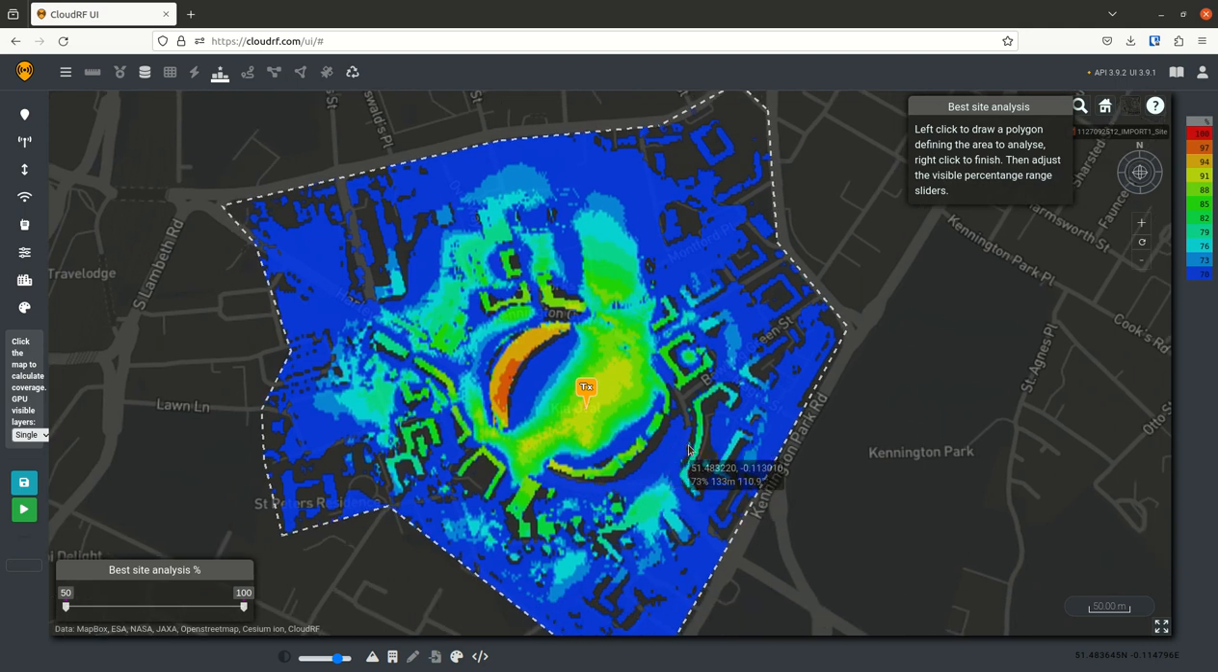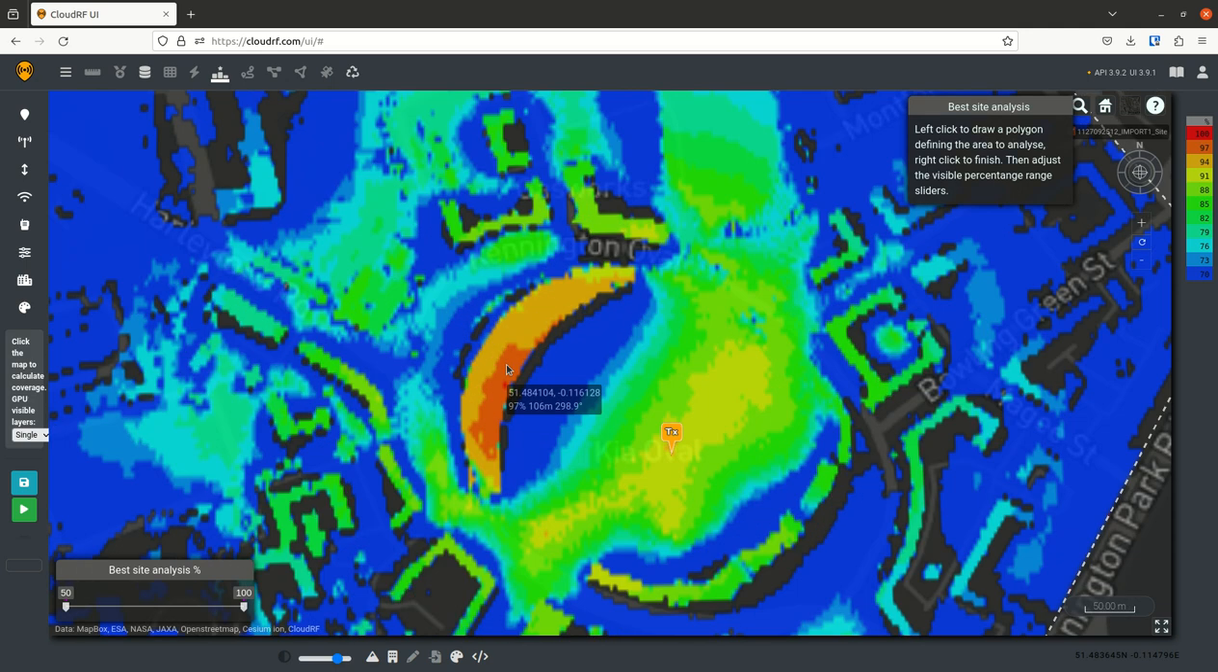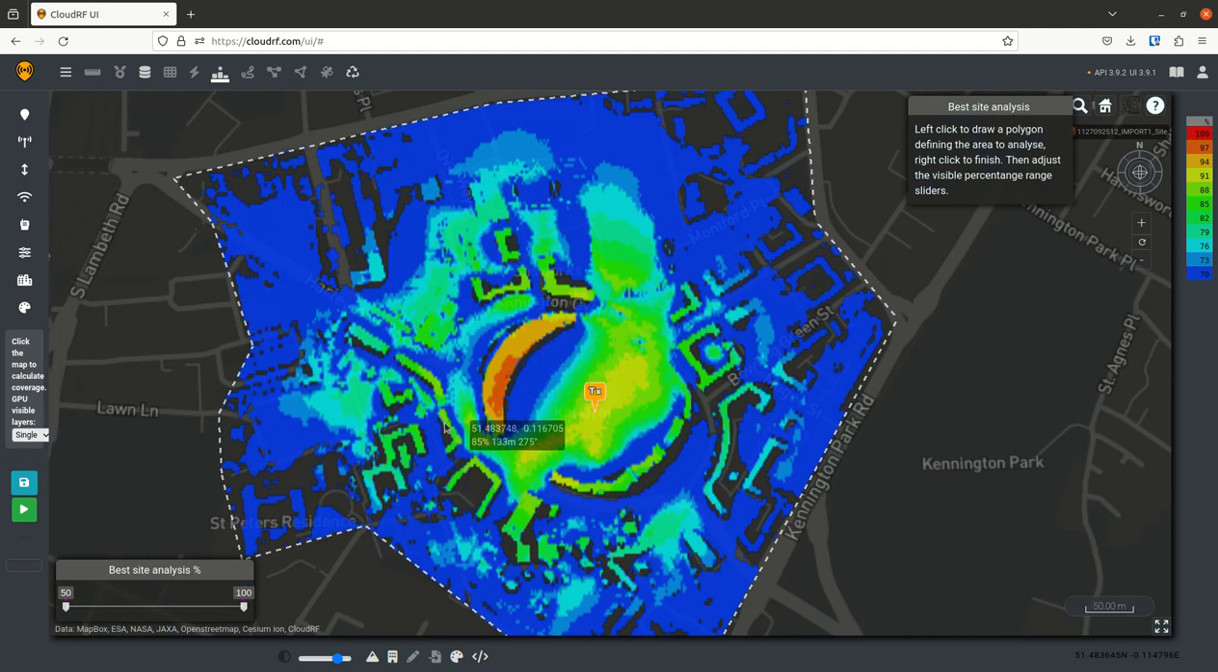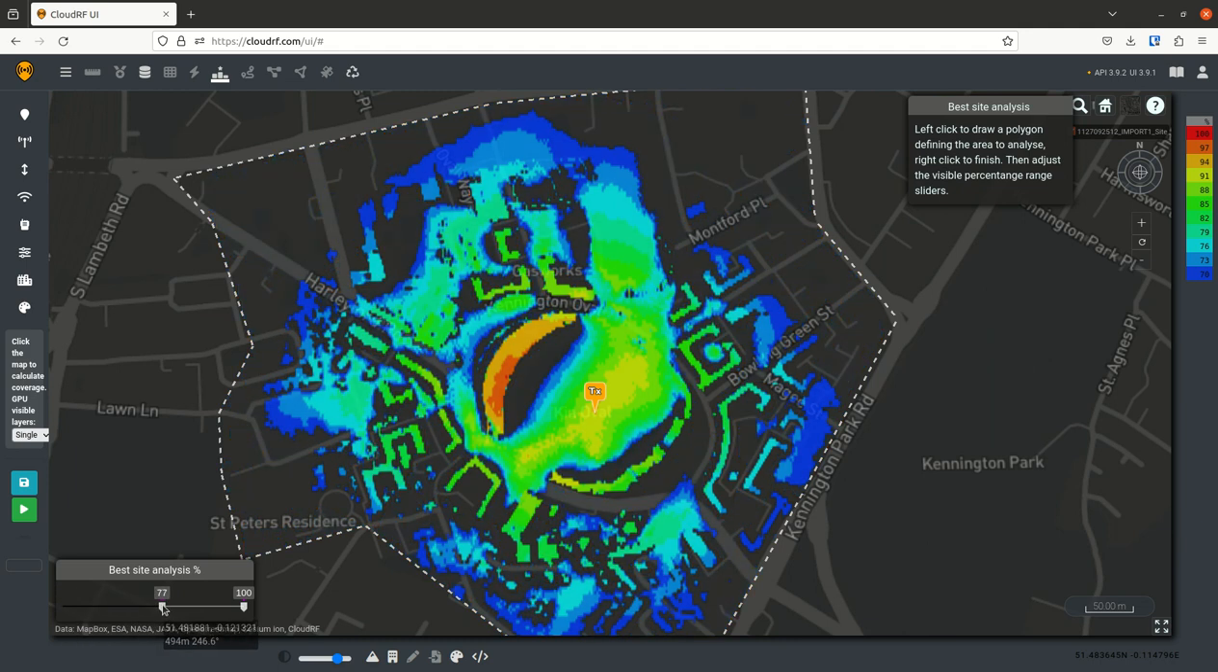We now have a heat map. This is best site analysis, so it's radio intervisibility, showing all the best locations for detecting a drone that's at 100 meters altitude. As you can see, the cricket ground and the tall buildings there are recommended. However, this very tall building here will be cluttered with broadcasting equipment, not such a great place to put our drone detector. So let's reduce our options using the slider in the corner here,